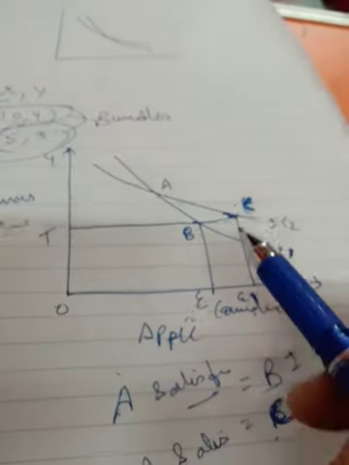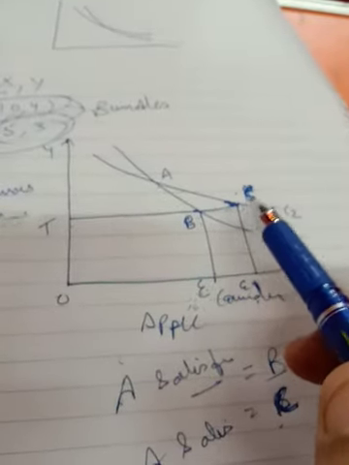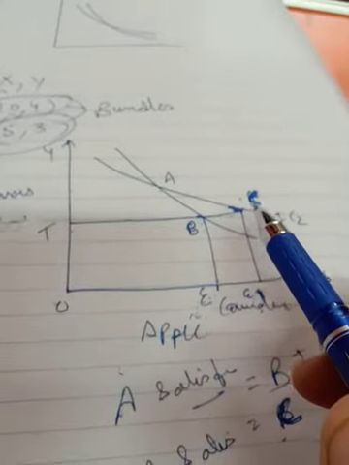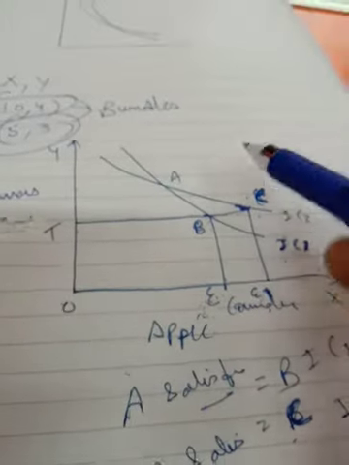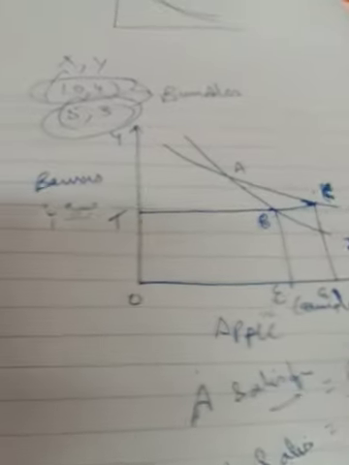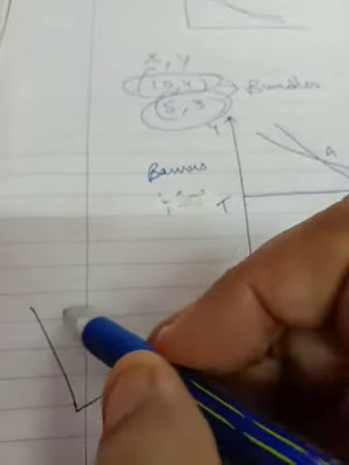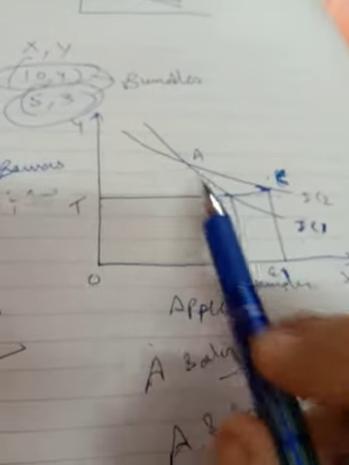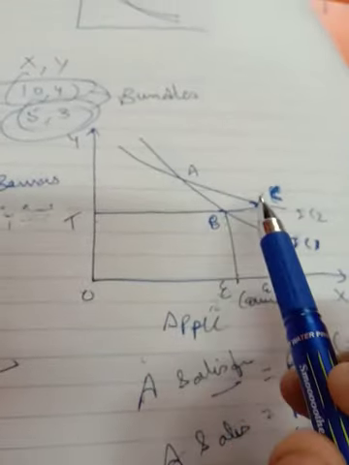On IC2 he is getting more, because IC2 is the higher one, so IC2 is giving a higher level of satisfaction due to monotonic preference. So this is the diagram which cannot be made when two indifference curves intersect each other. The diagram should be like this: there are two indifference curves and the higher one will give more satisfaction. This is the right diagram. That cannot happen. This is the wrong diagram. When two indifference curves intersect each other, definitely the higher one will give more satisfaction.